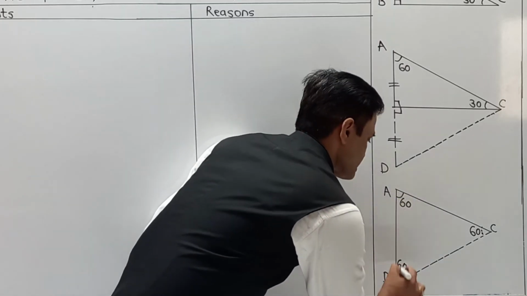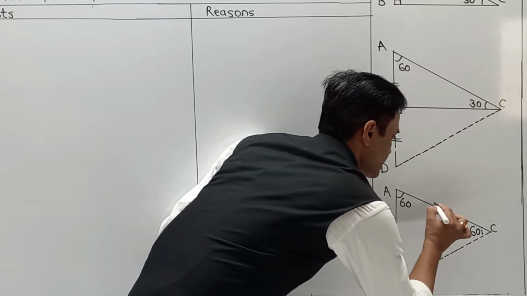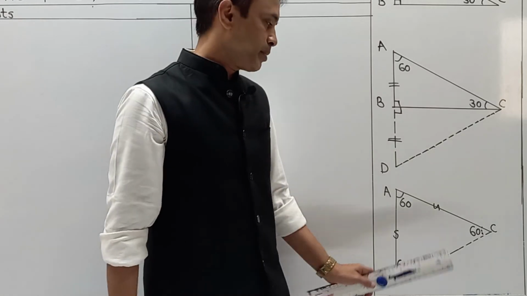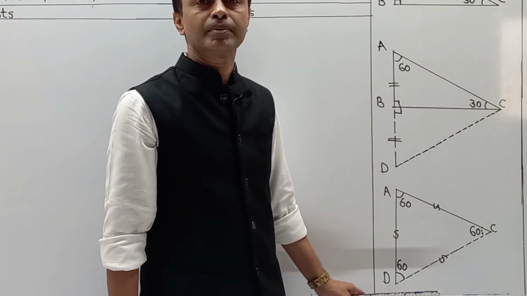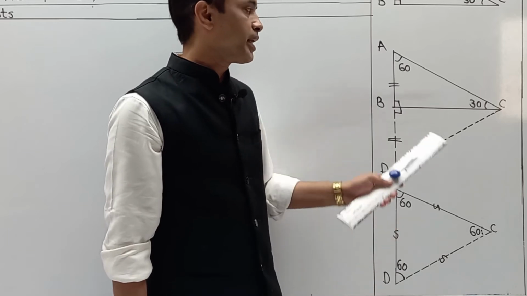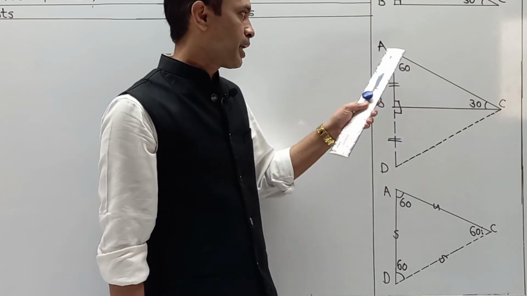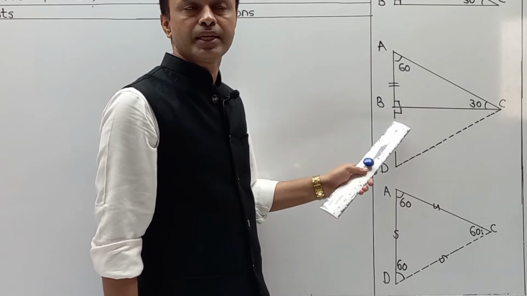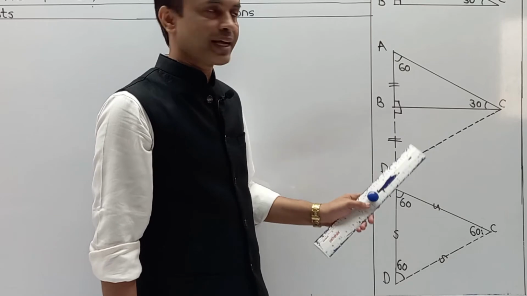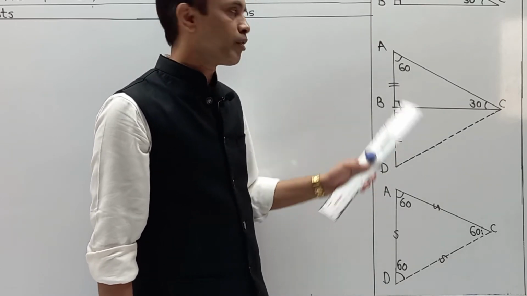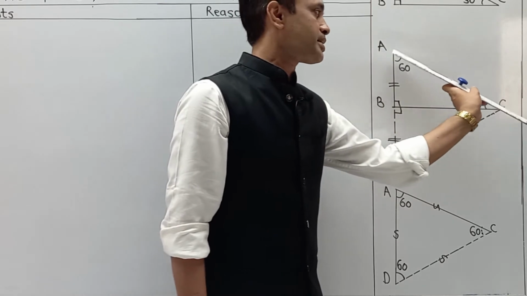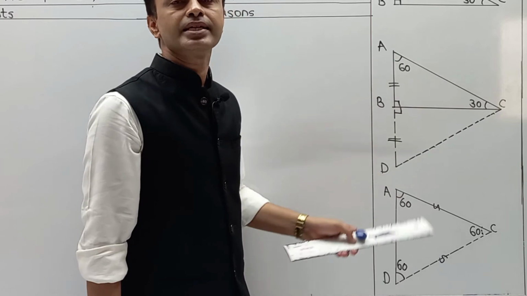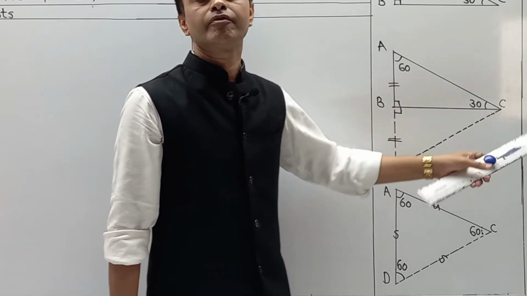Means you can say that side AD is equal to side AC is equal to side CD. All these three sides become equal, or logically you can say that the triangle becomes an equilateral triangle. In that case, we are taking the reference of this: AB is half of AD. Naturally, instead of AD, we can replace AC, and in this way we can prove that AB is half of AC.